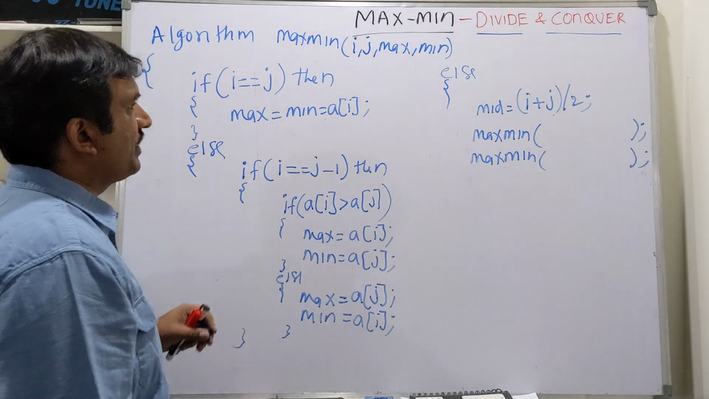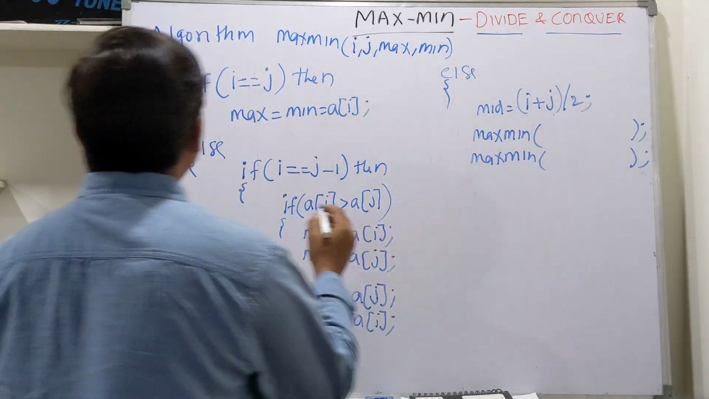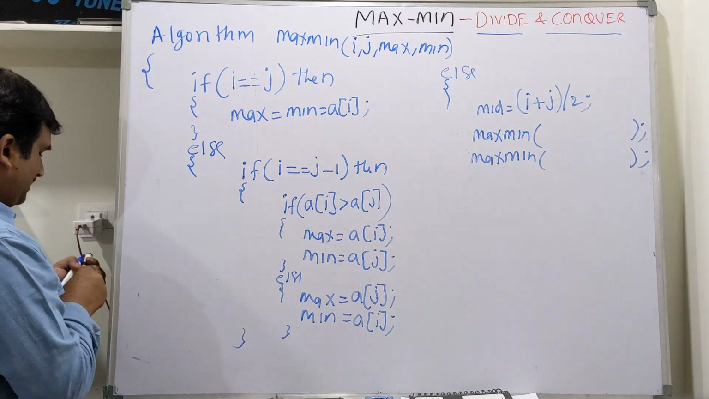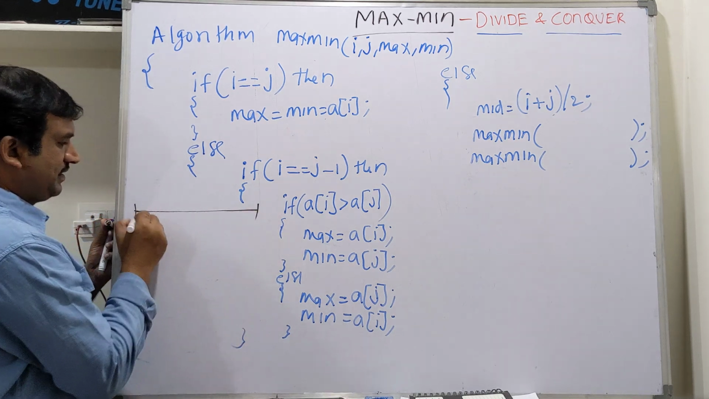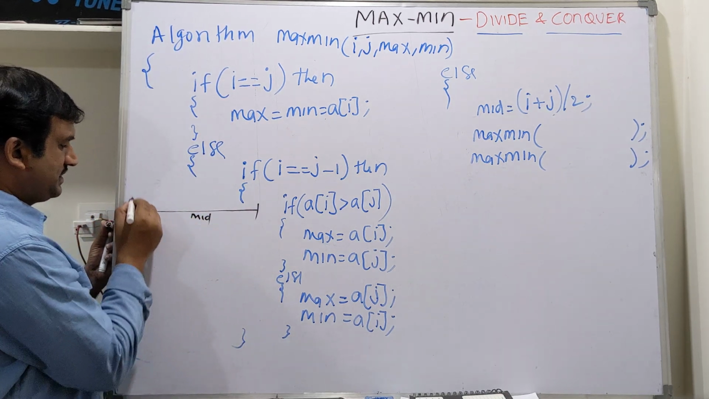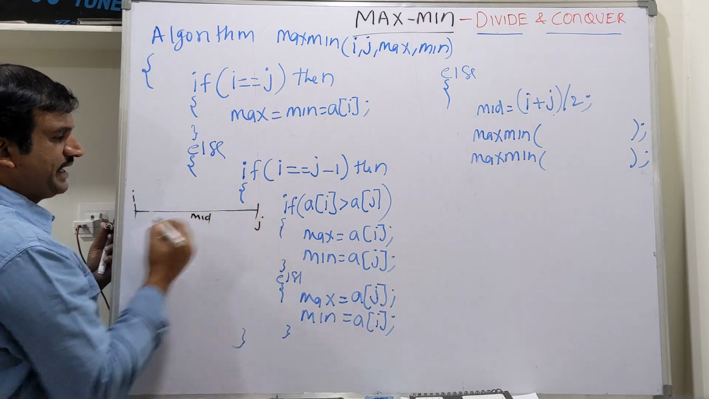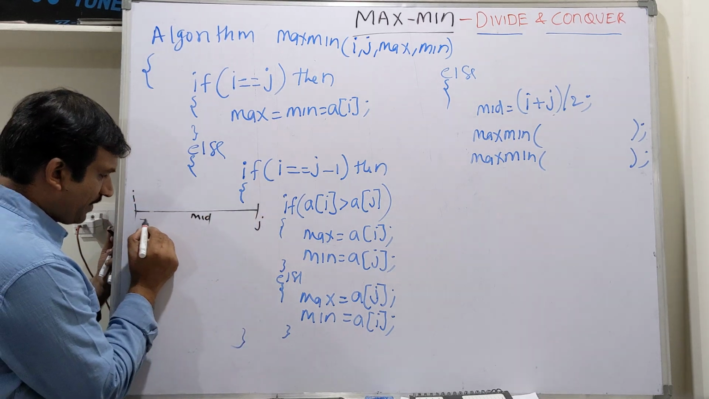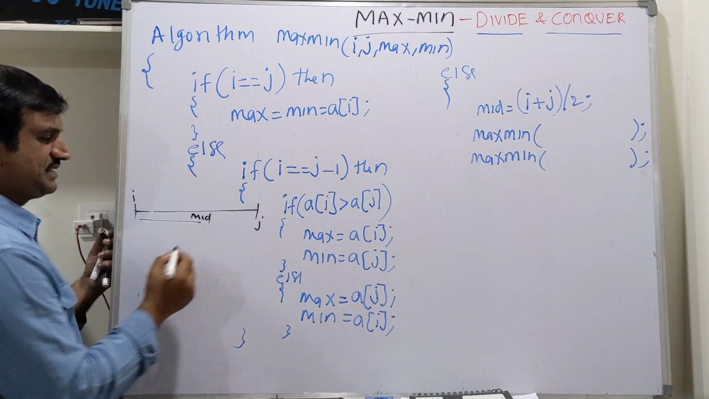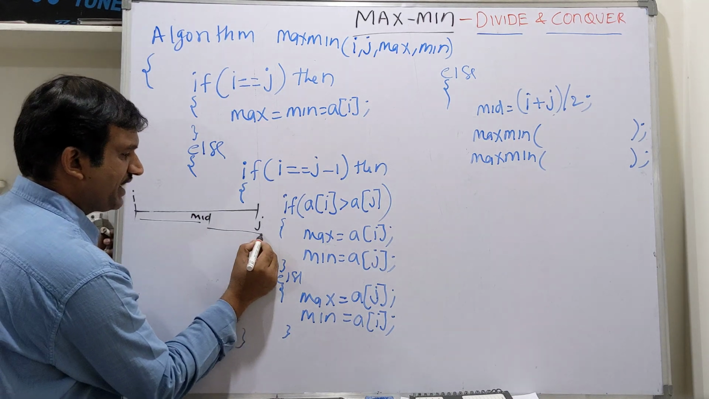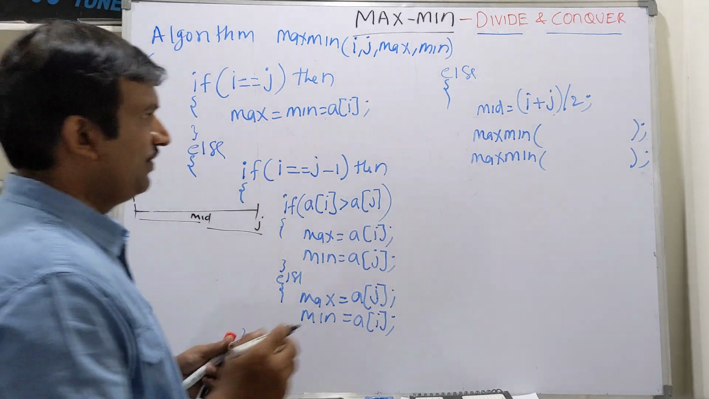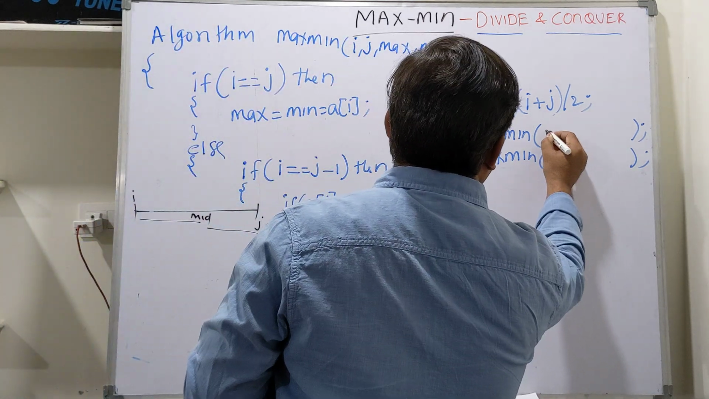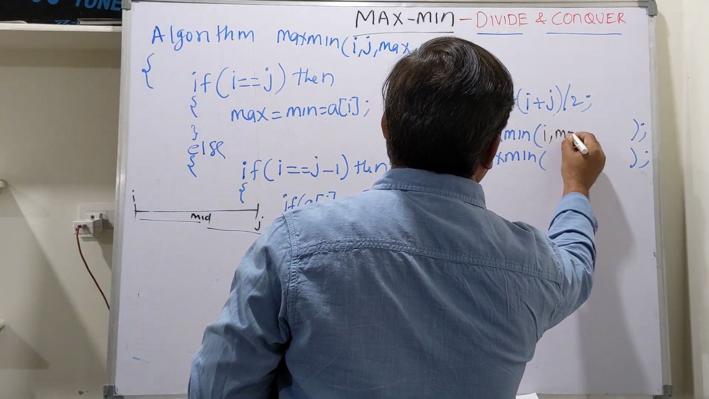The first piece will be what? Assume that you have a big piece like this. Now this is the mid element. This is i and this is j. Then what will you do? From i to mid, the first piece, and from mid plus 1 to j, the second piece. Right? So how will you solve? Very simple. i comma mid comma